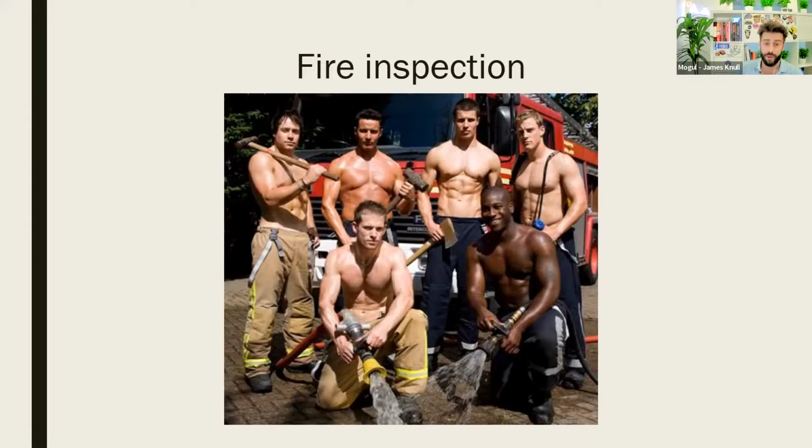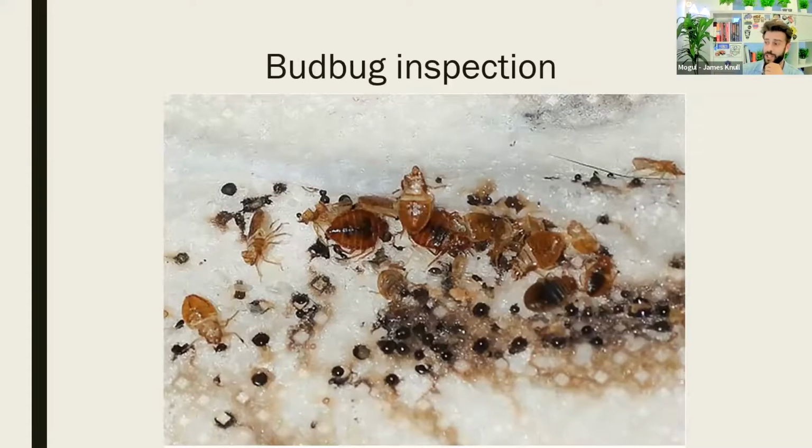The third building we ever bought, we had to spend like $25,000 installing fire hoses on each floor for fire suppression because of some this, that, and the other from a code perspective. So remember, fire inspections aren't as sexy as this picture, but they'll save you a lot of money. Inspection number 2. Speaking of not sexy,